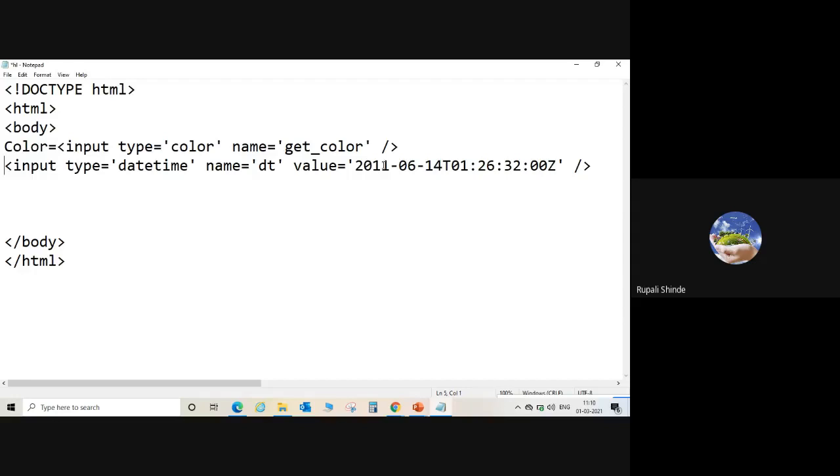Instead of that, we are going to change it, or we are writing here today's date, 1st of March 2021, and the time.